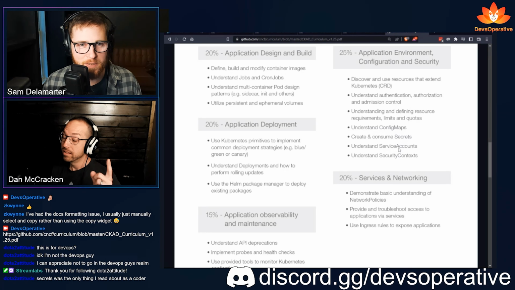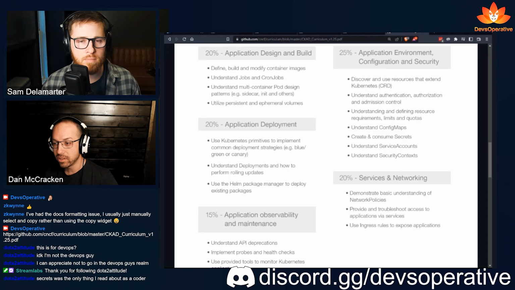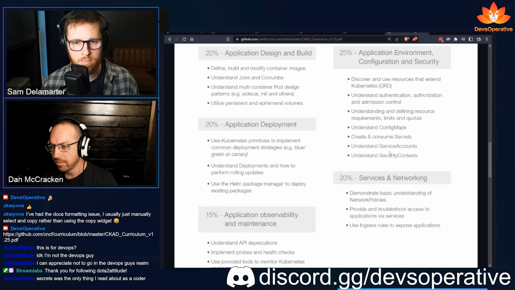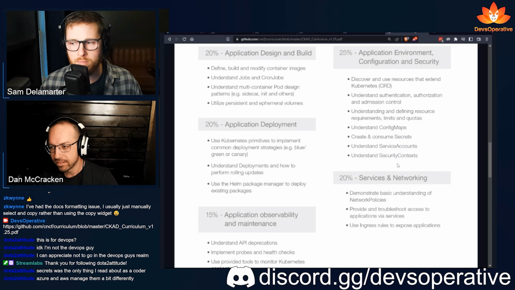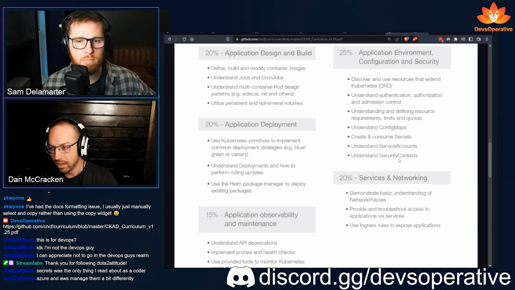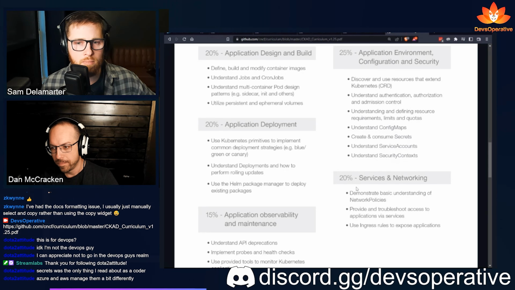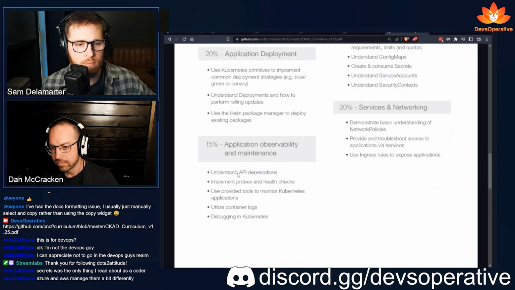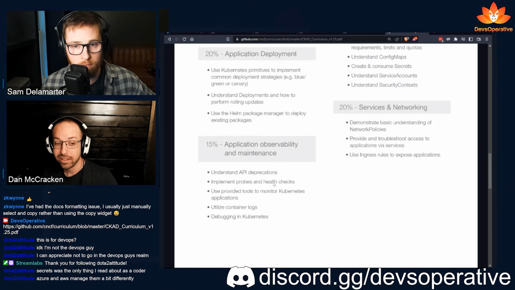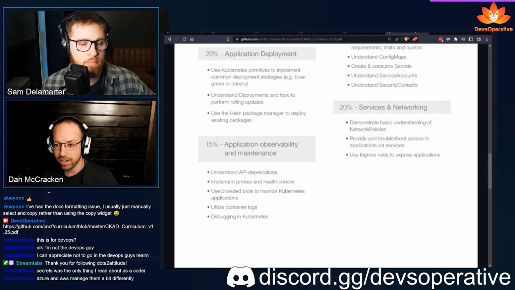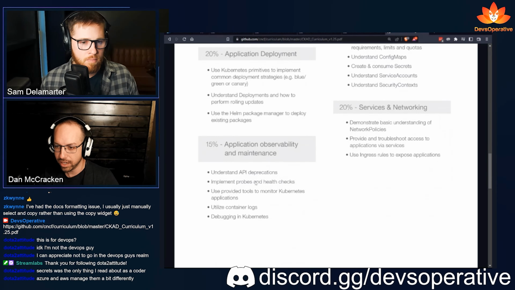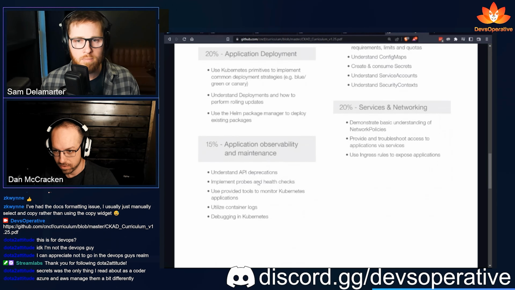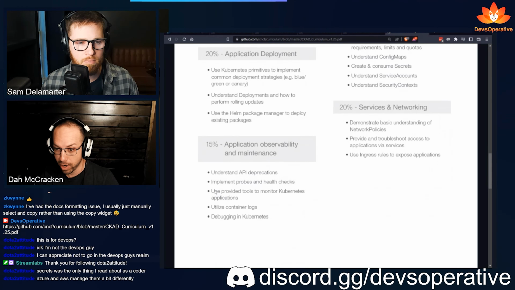Service accounts, that is kind of good to know. Service accounts are basically users. I've learned a lot about this in the last year or two, where I largely didn't interact too much with these, but they're amazing. Security context, same thing. What else do we have? API deprecations, probes and health checks. Definitely probes and health checks. If you're an application developer, you're going to want to know this and be super familiar with these. And again, your platform people will love you. They will literally love you as a friend.